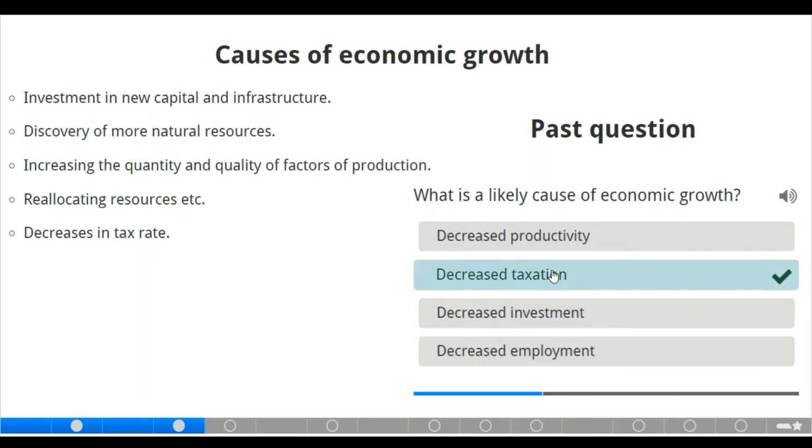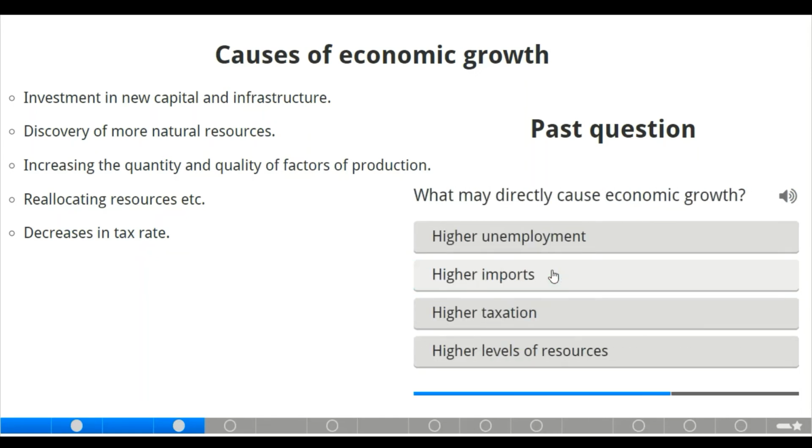We have the decreased taxation. Now we have the second question here, also related to the causes of economic growth. What may directly cause economic growth? What do you think can cause economic growth here? Higher unemployment, higher import, higher taxation, higher level of